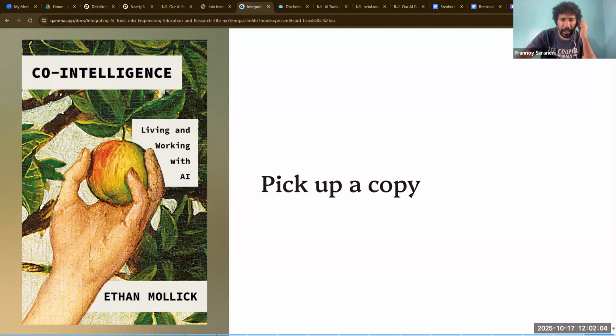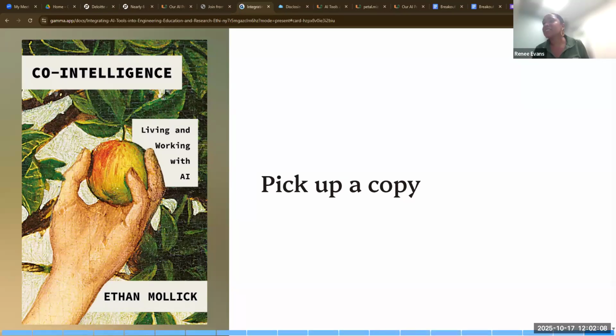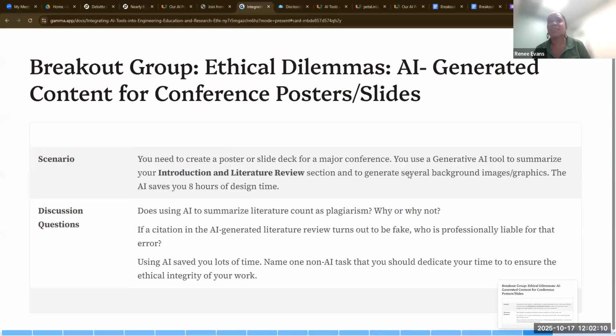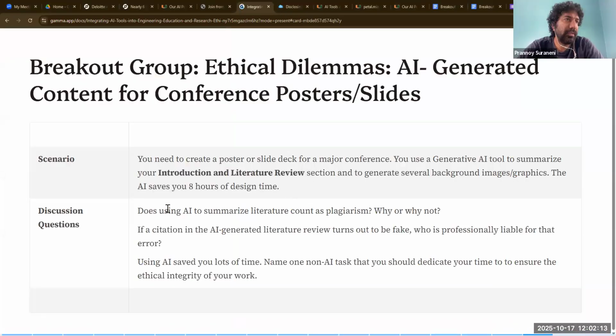No, no. I thought it said it was the literature survey that you summarized, right? Oh, yes. Hold on. Let me go back. Does using AI to summarize literature count as plagiarism? I mean, I would argue that in a poster, the literature survey is literally the least important thing there is. Why on earth would I spend a huge amount of time doing it?